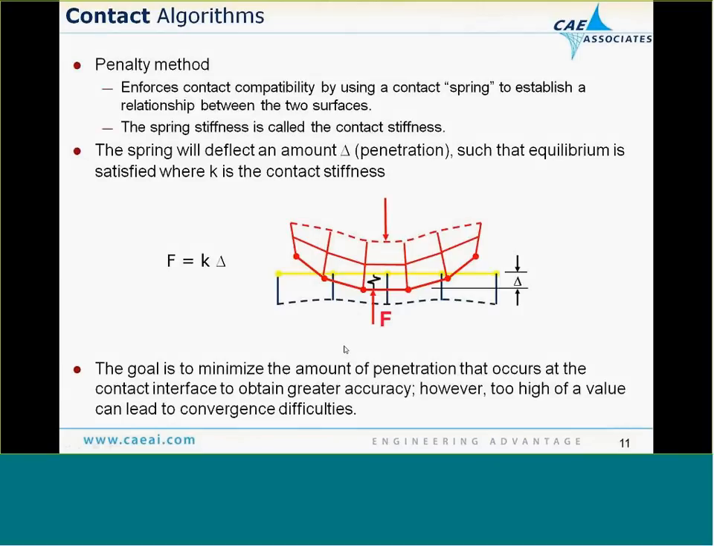And just quickly, why this happens with a penalty-based method. We need a way to establish compatibility between the two surfaces, or we need a way for the load to be transmitted between two surfaces. So with the penalty algorithm,